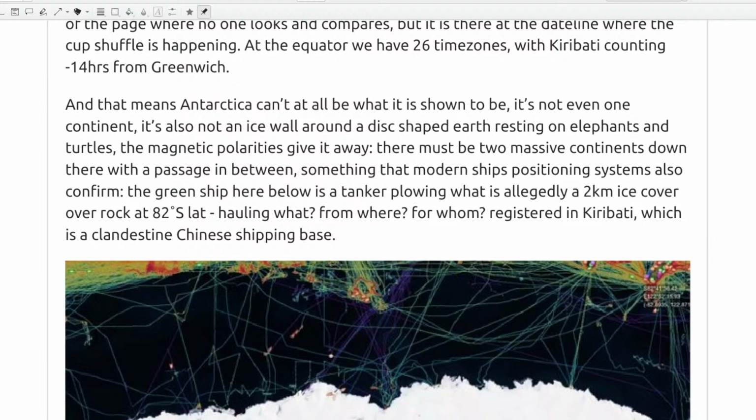And that means Antarctica can't at all be what it is shown to be. It's not even one continent. It's also not an ice wall around a disc-shaped Earth resting on elephants and turtles. The magnetic polarities give it away. There must be two massive continents down there with a passage in between, something that modern ships' positioning systems also confirm. The green ship here